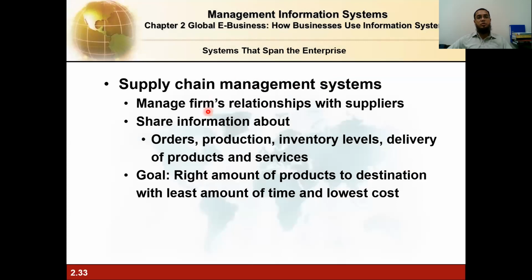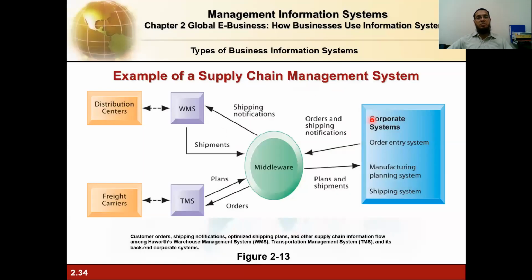Supply chain management systems, you are well familiar with them. A few of the groups are also working on supply chain management systems, and this slide will help them. They manage the firm's relationship with suppliers and share information about orders, production, inventory levels, and delivery of goods and services. The goal is the right amount of product to the destination with the least amount of time and lowest cost. Then an example of a supply chain management system: you have distribution centers and customer orders. In the figure, customer orders, shipment notifications, and optimized shipping plans, along with other supply chain information, flow among the warehouse management system, WMS, the transportation management system, TMS, and its back-end